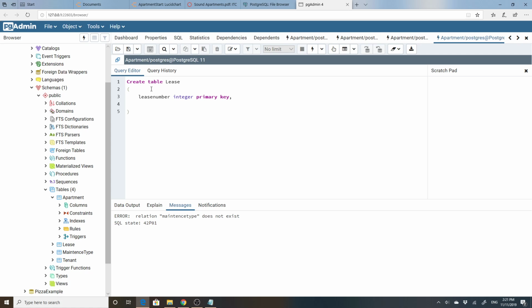So I'm going to do apartment integer references apartment number, tenant ID integer, references tenant ID,